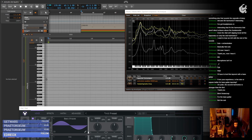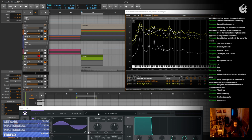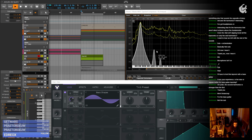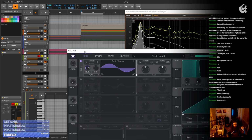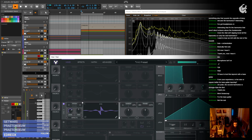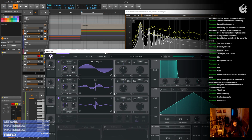So over here, if I go there and I play, for example, a D, and I mute each of them, now I have the first harmonic. This is picking something else here, I don't know why. Oh yeah, because of the processing I have on the master bus, but never mind about it. So I have this one playing this part of the spectrum, and then I have this one playing the rest of the information. So by doing so, instead of EQing, filtering and stuff like that, which might or might not play with your phase,